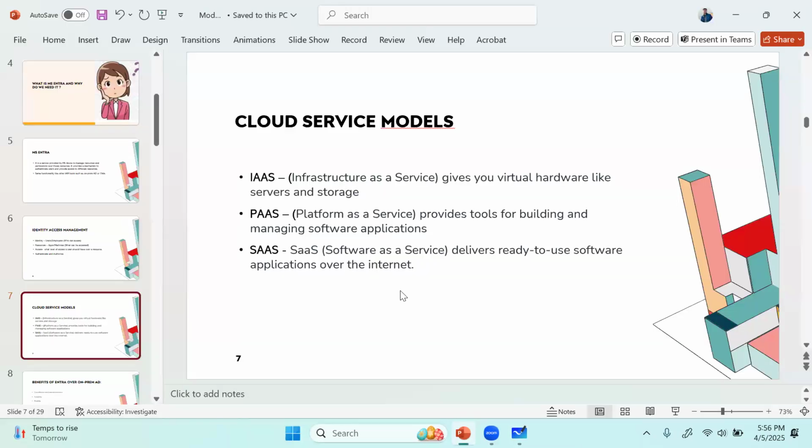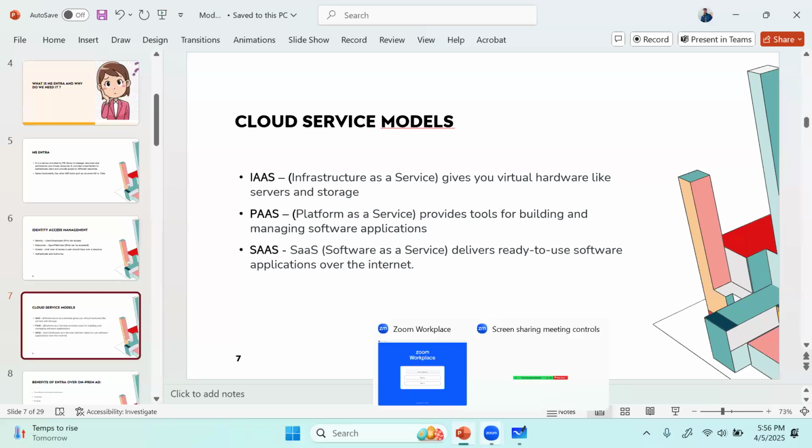Now when we talk about Entra, Entra is an application or a service in which you have the entire application hosted on some server in the backend. You don't get access to those servers. You only get access to the application wherein you can create a user, delete a user, create groups, and deploy your applications if you have third-party applications which you can integrate with Entra. Apart from that, you cannot do anything. Everything is managed by Microsoft. So for example, if I show you a look of how Entra looks like,